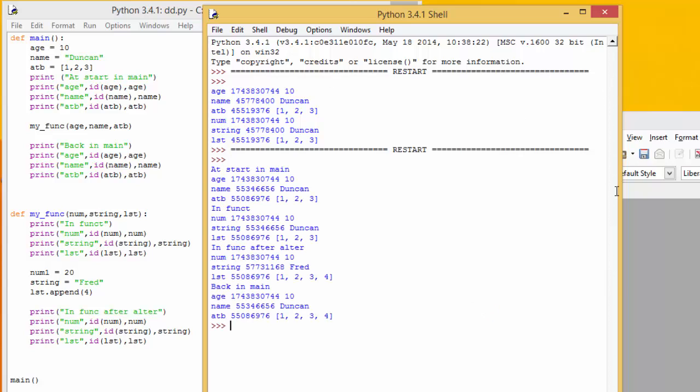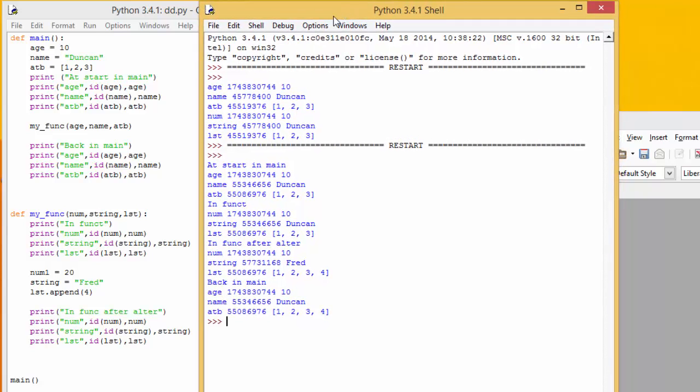Fantastic, that's run. So let's have a look at this in detail and see if we can understand what's going on. So just like we had before, age starts with the value 10 at 744. Once we go into the function here, we passed it in, now we call it num. It's still the same place in memory, 744, and it's got a value 10. But in the function after we changed it,